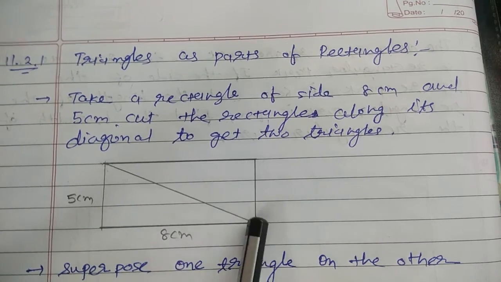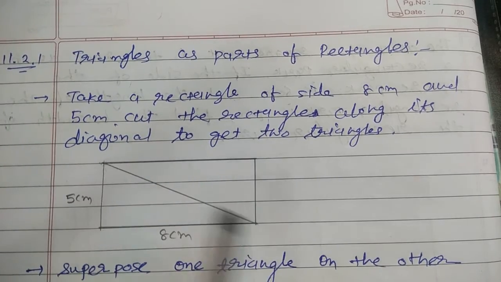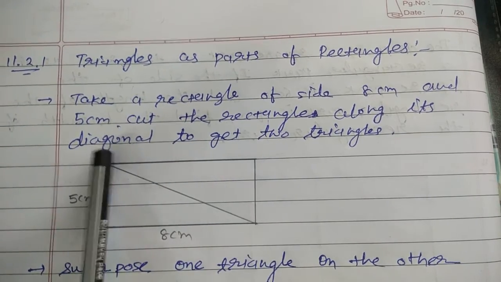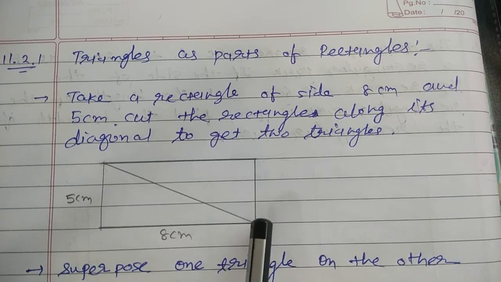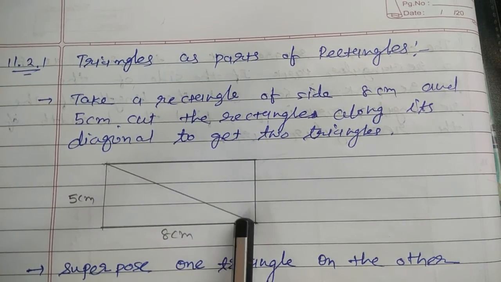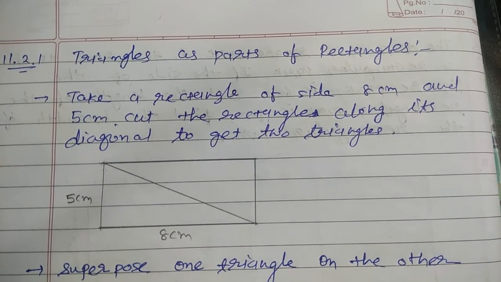which connects two opposite corners of a polygon. Here it is a rectangle, so what are the two opposite corners? Two vertices which are opposite, which are not connected. When we connect these two vertices, it is a diagonal. Now we have to cut it out. So here we will take